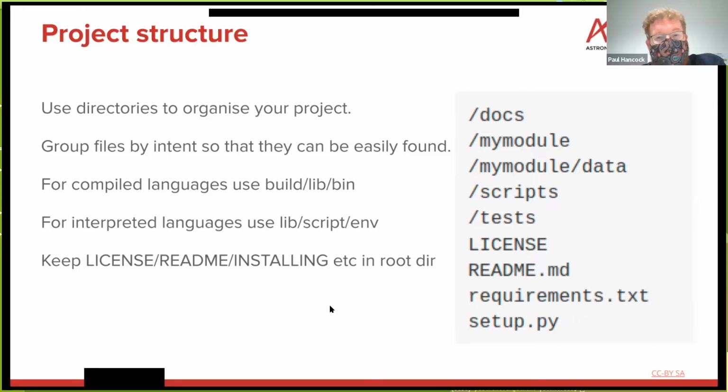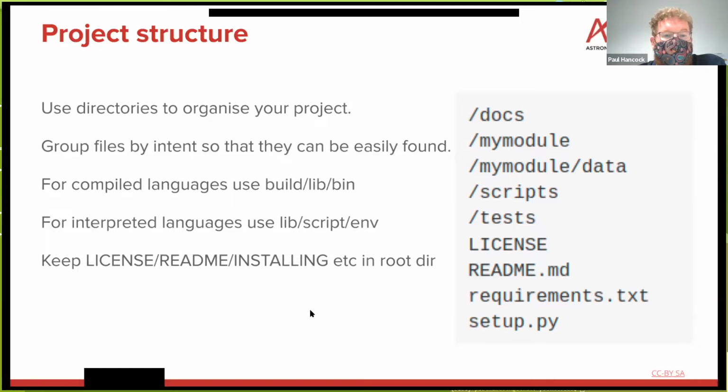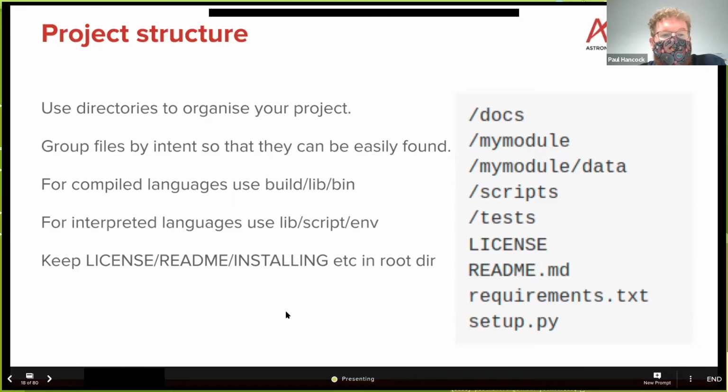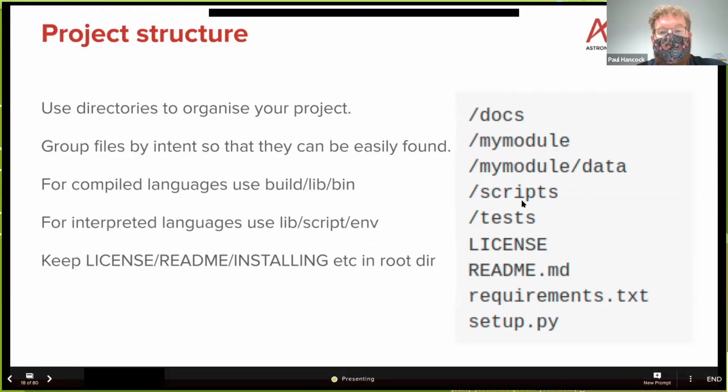All languages are essentially text files that you write, and then either a compiler or an interpreter will read through that, turn it into machine code, and the computer will run it. You should put some effort into thinking about where you're going to store all of these files. The way to do this is to think about a directory structure, a project structure. I would suggest having a single directory, which is just for your software project, and then within that directory, split that into files that have different